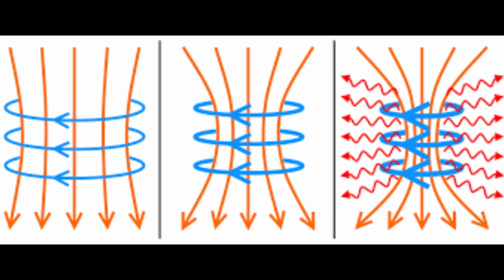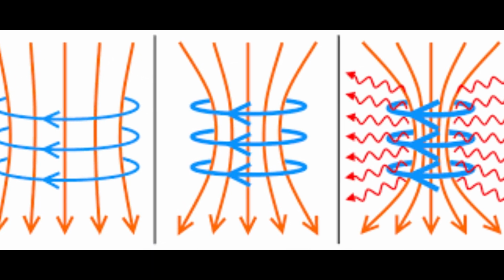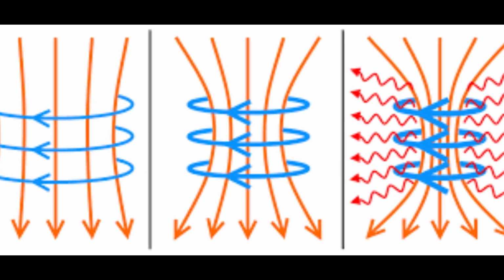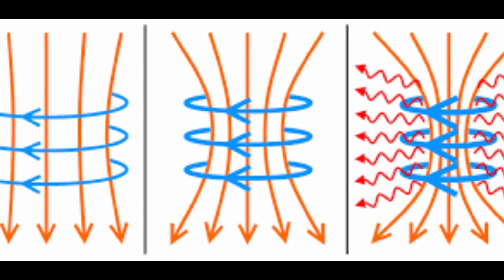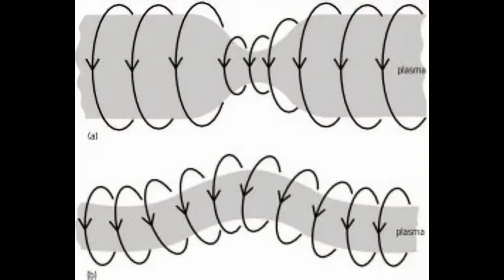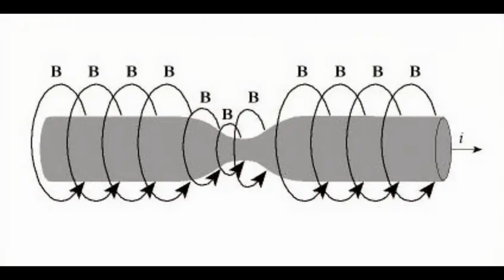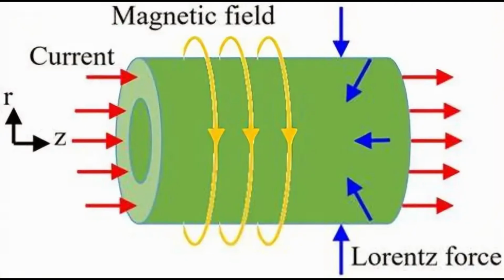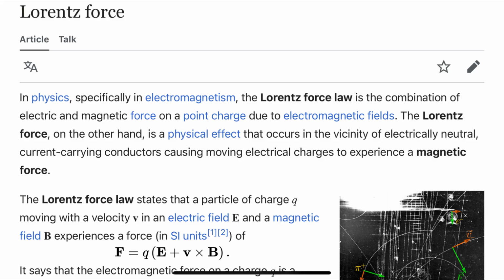Now that we understand how plasma filaments form, let's explore how these filaments can tighten and concentrate energy, a process known as the pinch effect. The pinch effect occurs when electric currents flowing through plasma generate magnetic fields that compress it inward, increasing both its density and temperature. The inward force exerted by the plasma's magnetic field causes it to tighten, following the Lorentz force, where